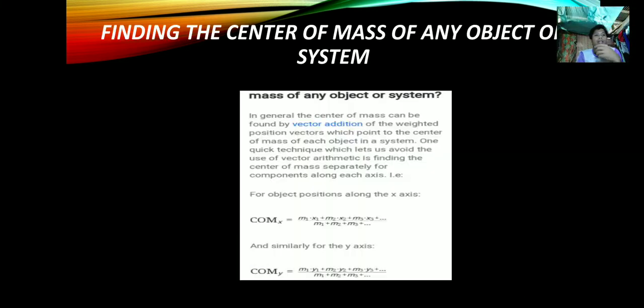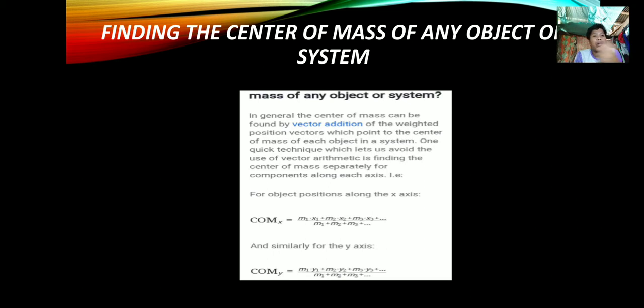In getting the center of mass of an object or system, generally the center of mass can be found by vector addition of the weighted position vectors which point to the center of mass of each object in the system. One quick technique which lets us avoid vector arithmetic is to use the components along each axis. For example,